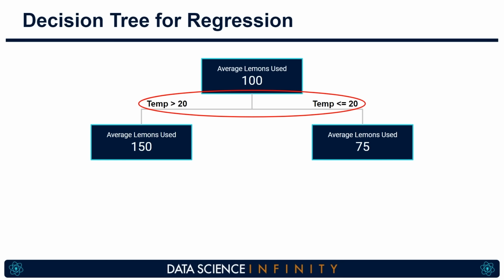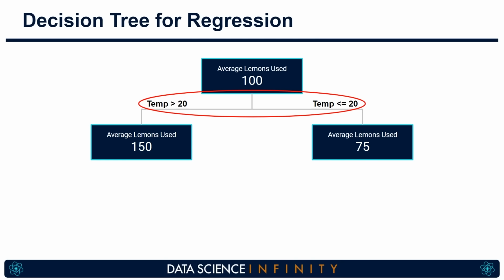The algorithm found that on days where the temperature was above 20 degrees, the number of lemons used was significantly higher than those days where the peak temperature was less than or equal to 20 degrees. The difference at this particular split point was more apparent than at any other point, so it selected this as the first split in the tree. What happens next is interesting. The algorithm then goes into each of those newly formed buckets and repeats this process, checking and assessing all possible split points that remain, and using the one with the largest difference in lemons used as the split to make.